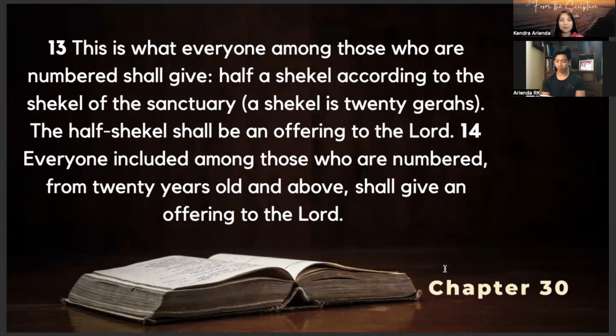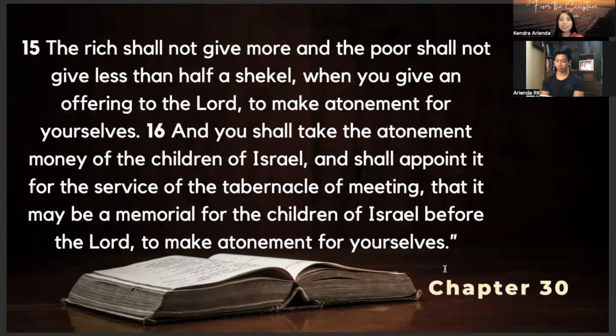Everyone included among those who are numbered from 20 years old and above shall give an offering to the Lord. The rich shall not give more, and the poor shall not give less than half a shekel, when you give an offering to the Lord to make atonement for yourselves. And you shall take the atonement money of the children of Israel, and shall appoint it for the service of the tabernacle of meeting, that it may be a memorial for the children of Israel before the Lord, to make